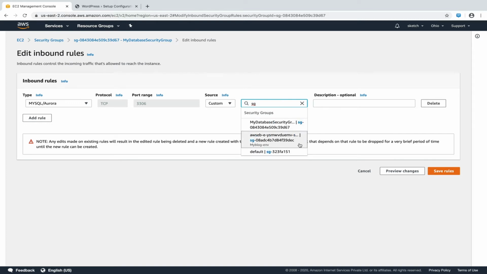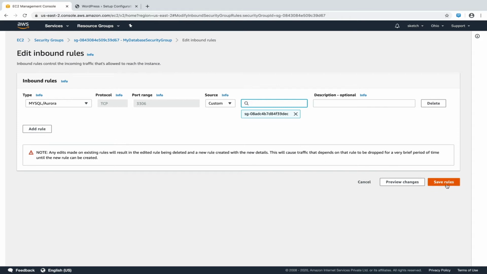And we can see now that in the drop-down, it is giving us the security group that our EC2 instance is using. Remember, this is the same name which we gave while creating the Elastic Beanstalk instance. Let's select this. Essentially, by doing this, we have restricted our database to only the EC2 instance security group. Any outside access will not be permitted.